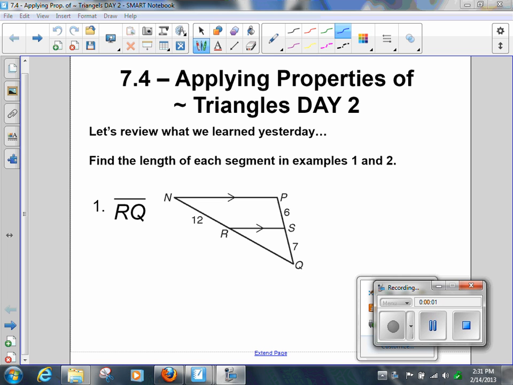All right, so let's review what we learned yesterday. So you're looking at this problem. This should go fast, folks. It's the same concept. When we're working on the triangle proportionality theorem, we remember that all we have to do is cross it up, okay? We were looking at the triangle